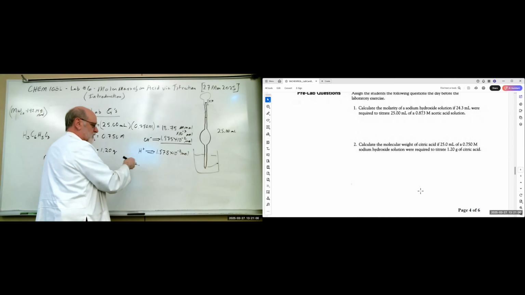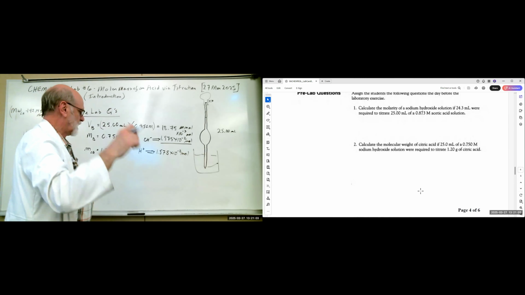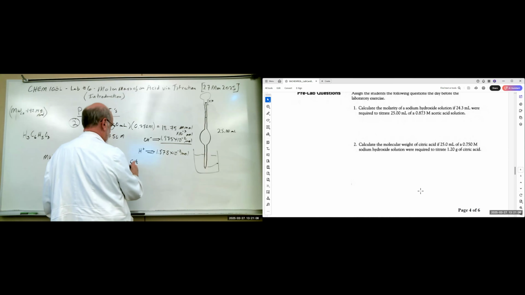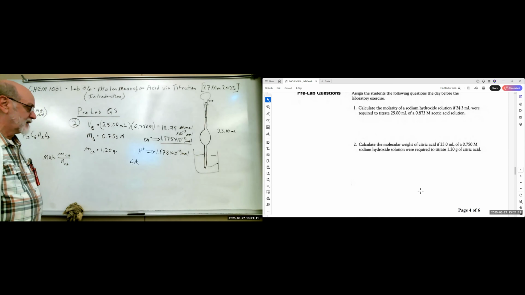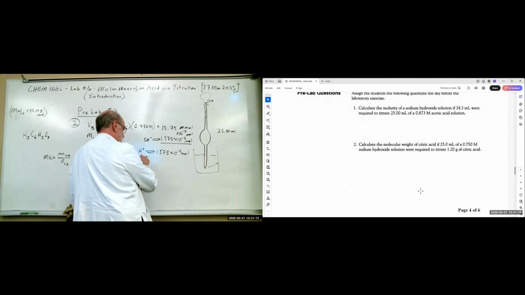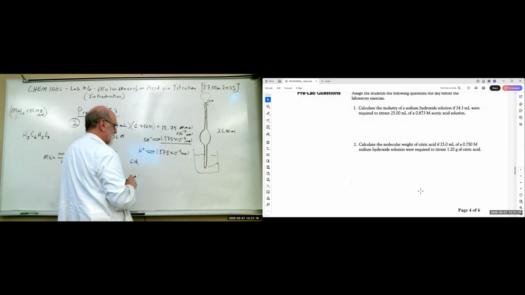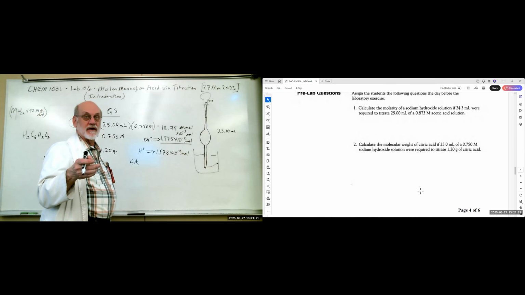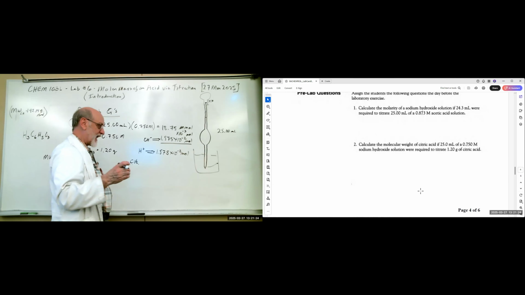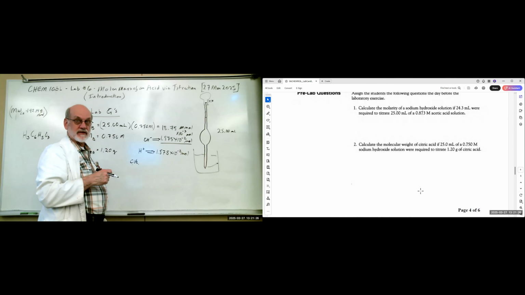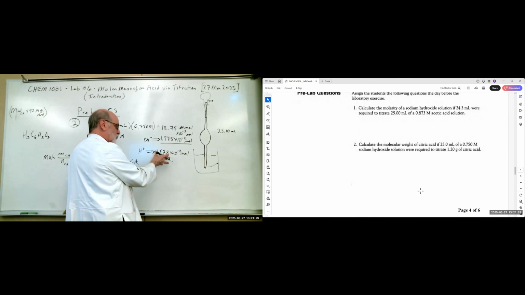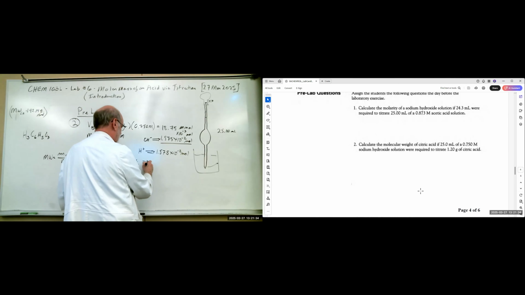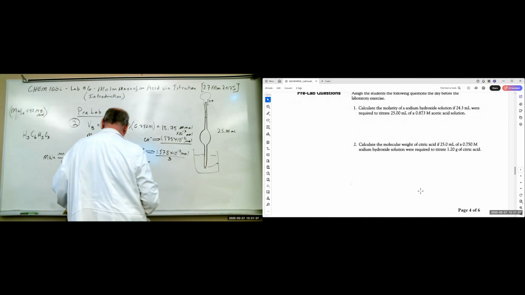Because for every one of these, you add one of those and you get a water molecule. But we want the moles of citric acid. So this many hydrogen ions will represent 3 hydrogen ions per molecule of citric acid. So we actually only have a third of that as citric acid, because a third of that will generate that many hydrogen ions. So we divide this by 3 and we get,